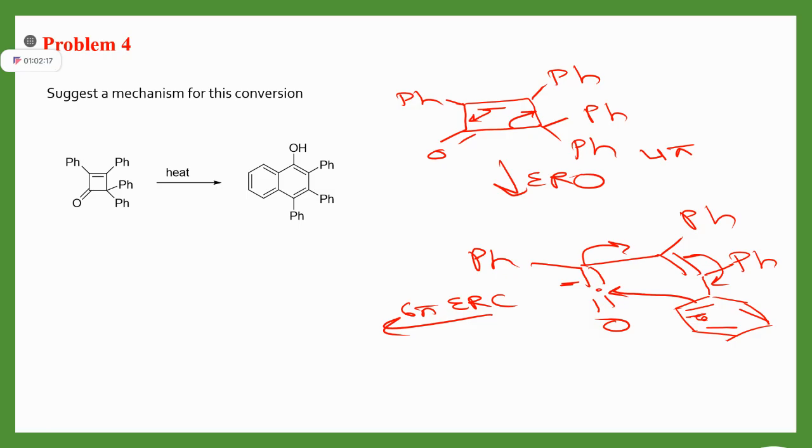And what you will get, let me draw here, Ph, a double bond to O here. Here you will get Ph, one double bond between them, and this Ph double bond comes here, and another is,